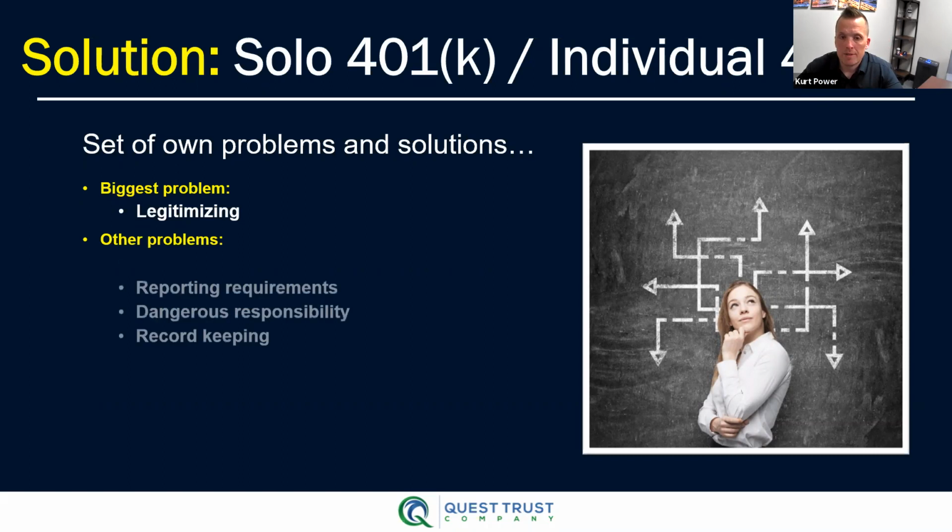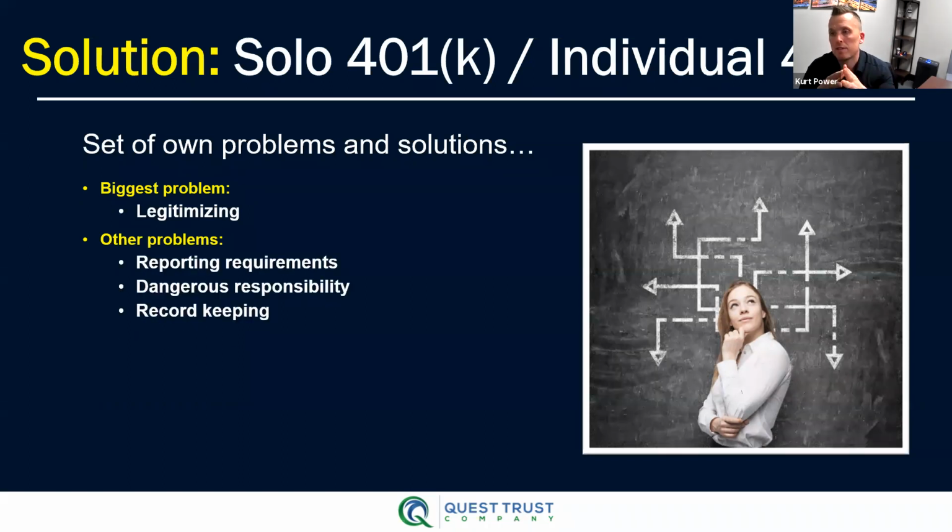Another problem: Quest has no custodial oversight of a solo 401k. This can become an issue because you, as the account holder, go through a solo 401k consultation. At the end of the day, if you decide it's the account you want, Quest is selling you a set of plan documents. You'll go to a bank and set up the bank account, so you get the checkbook, the EIN number, etc. You are now responsible entirely for all of the reporting, all the tax filing, all the record keeping.